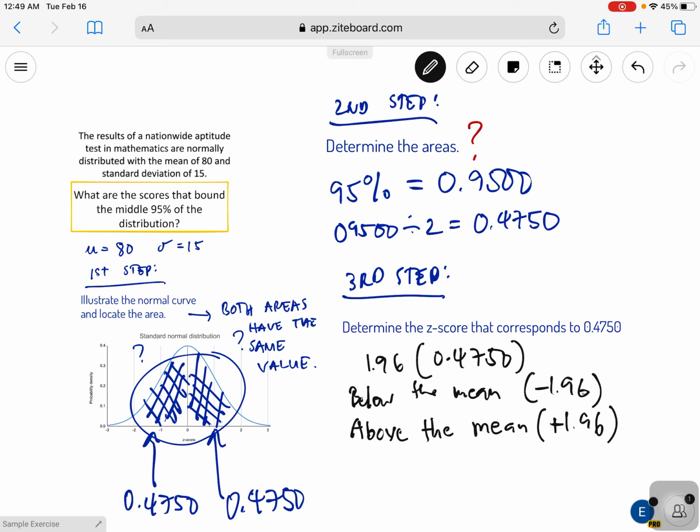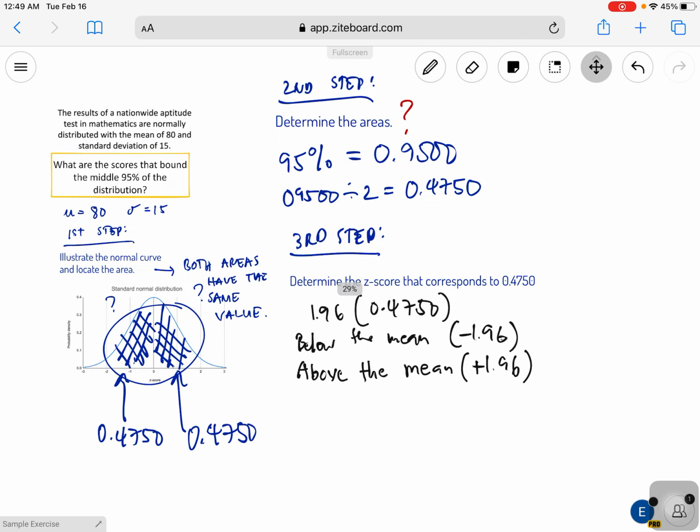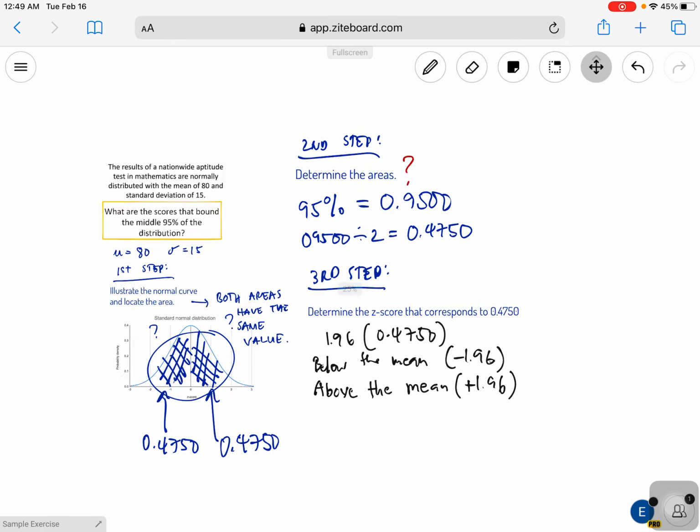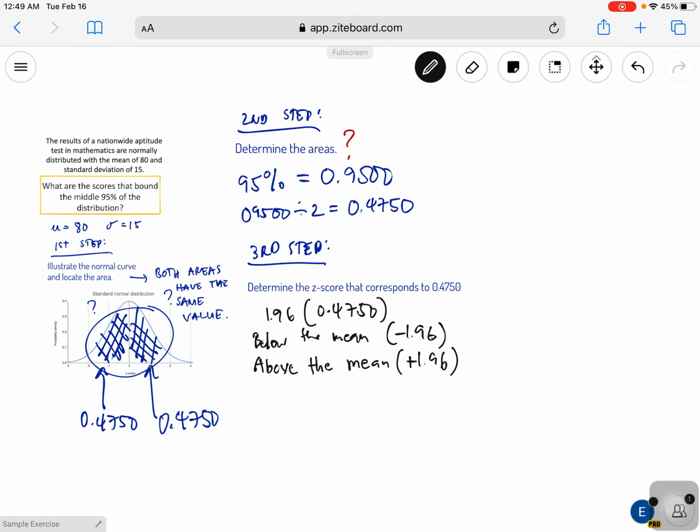Okay, now let's proceed to, we're not yet done, let's proceed to the fourth step. Let me just extend this here. Fourth step,